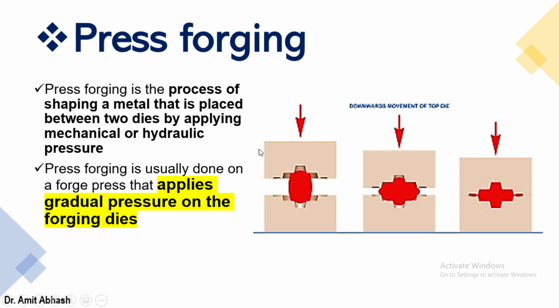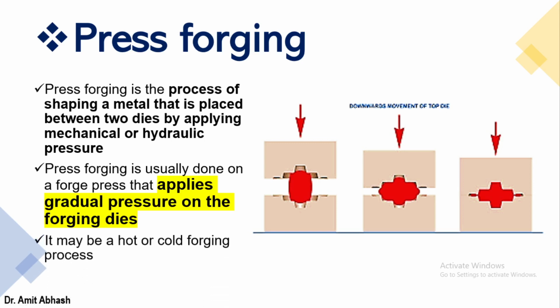That's why you can see here in the first figure the dies are separated through a distance. Some amount of force is applied on this section, so the deformation is slightly lesser as compared to the second case. Here we have gradually increased the load, and as we have increased the load, the deformation occurred more as compared to the previous one. Again we have increased the load to the final value so that we got the final shape of the product, and by machining we will remove this extra portion and we will get the final product. So this is regarding the press forging operation.